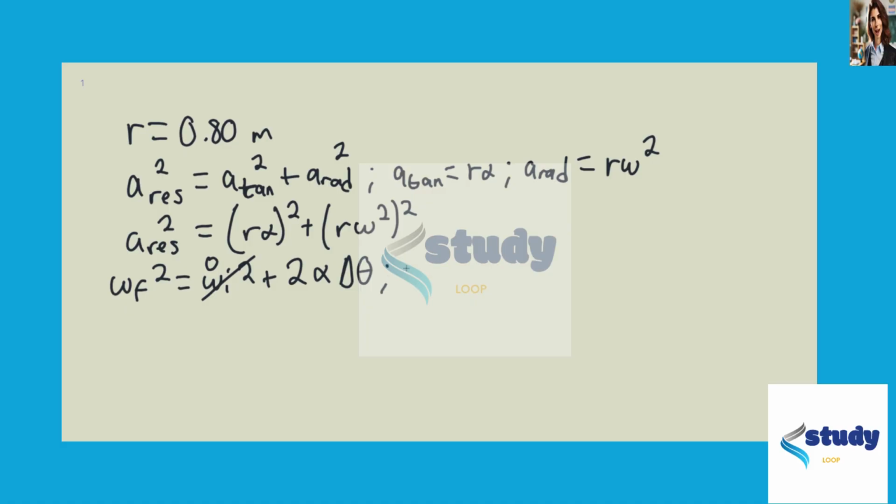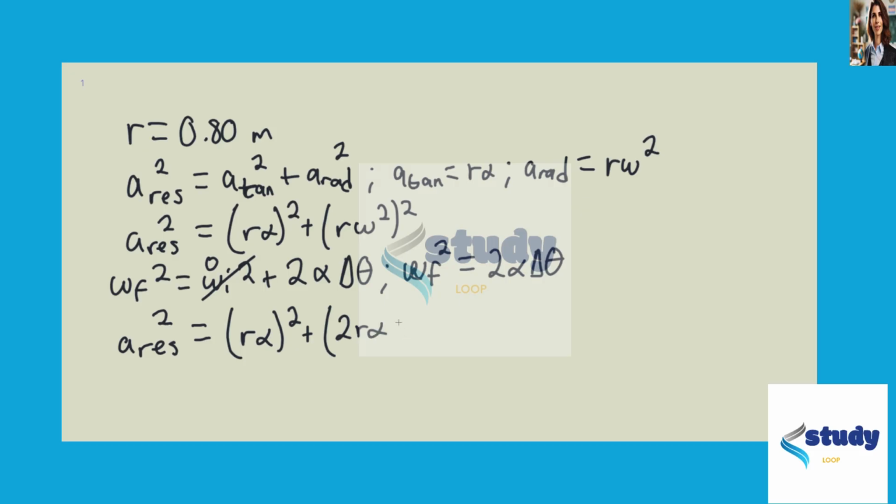So we know now that the final angular velocity squared equals 2 alpha delta theta, and we can say that the resultant squared is going to be equal to r alpha squared plus